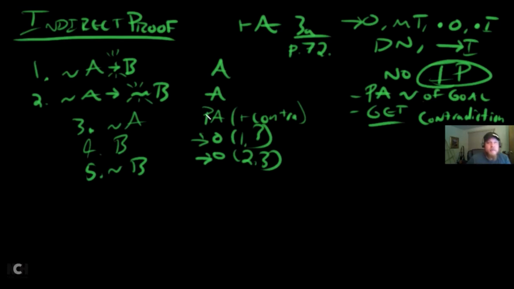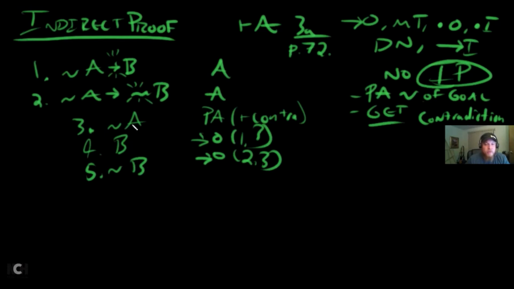Get any two opposites, any two contraries, and stick them together. Do I have any contraries? Do I have any opposites? So look, B and not B. These are contraries of each other. B and not B. So what I'm going to do, like I said, the way an indirect proof works is